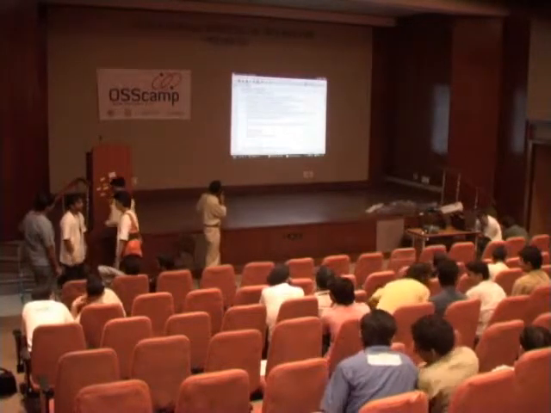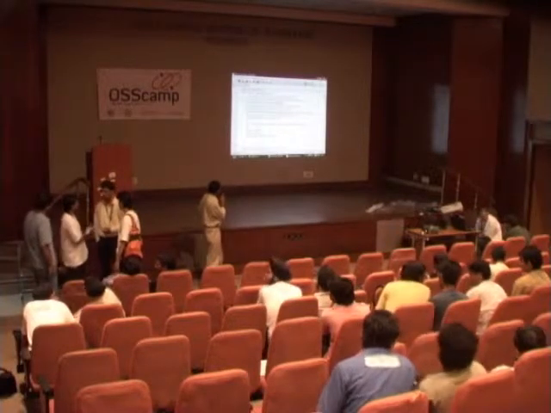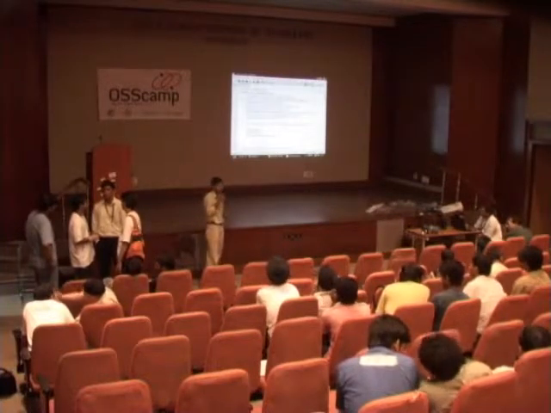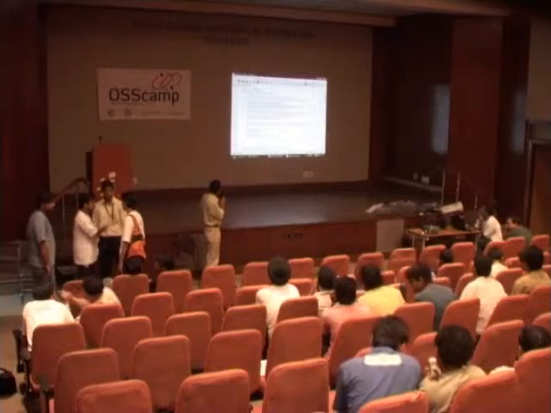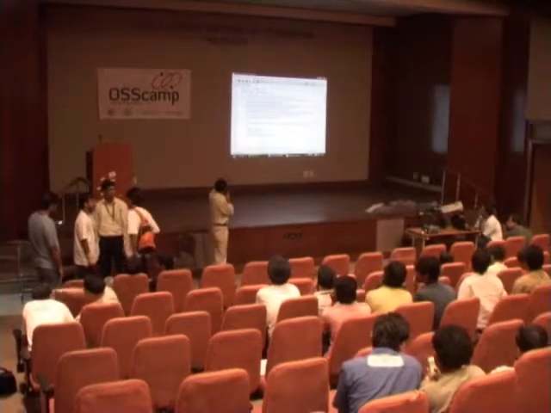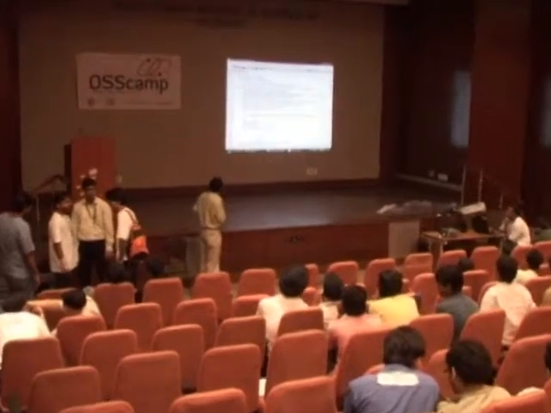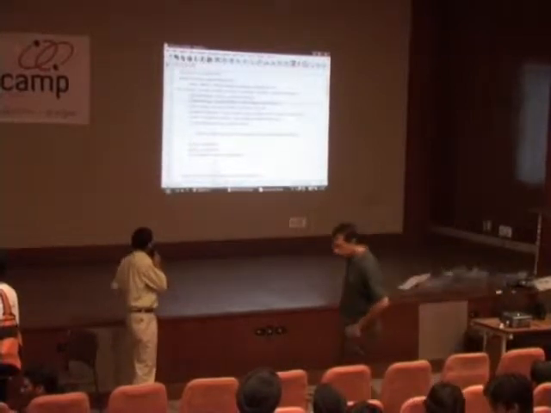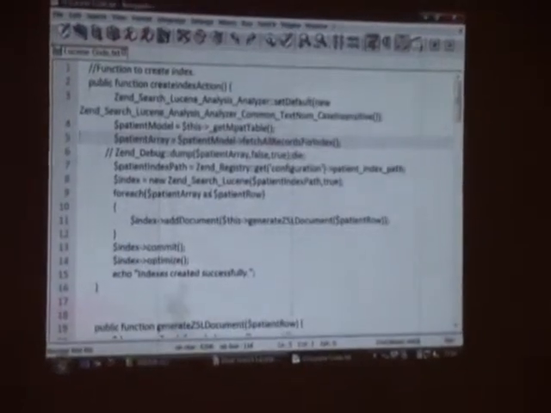In the second line, I just called a method of the model, the patient model. This model is defined in the model part. First I instantiated the object of that, and then I called a function of the patient model, fetch all records for index. So whatever fields I want indexed, I fetch from my DB, and the index is stored in the file system. This path we can specify in the configuration file.